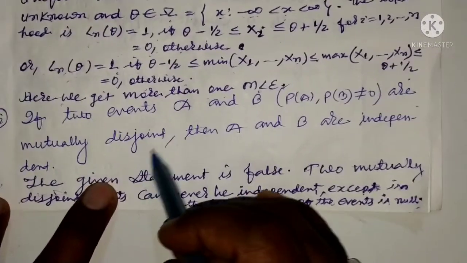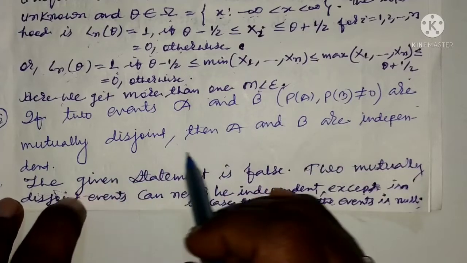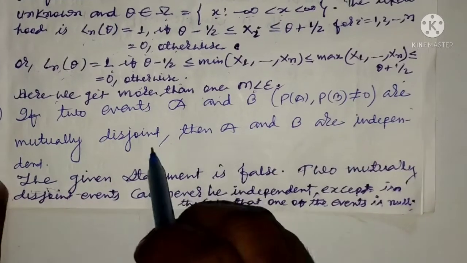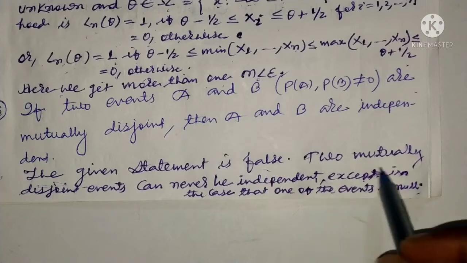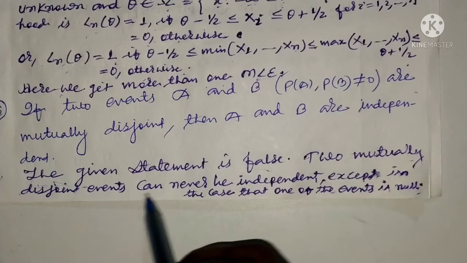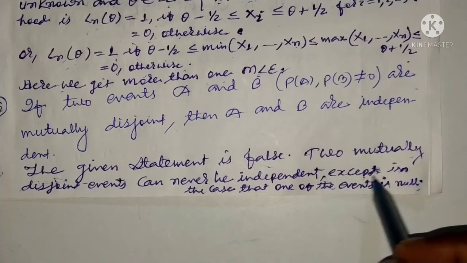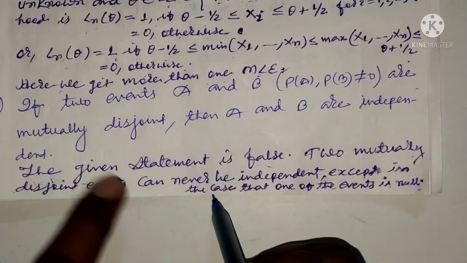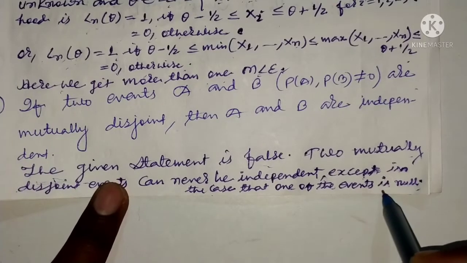इसके बाद अगला, if two events A and B are mutually disjoint then A and B are independent। हम कहेंगे the given statement is false। Two mutually disjoint events can never be independent except in the case that one of the events is null।